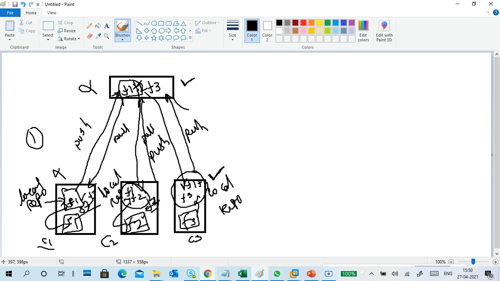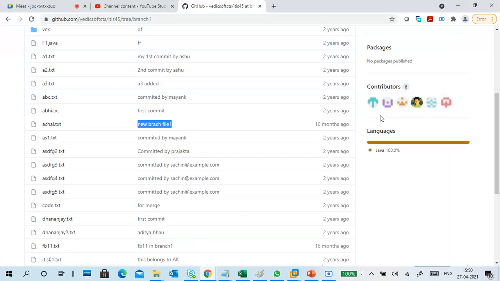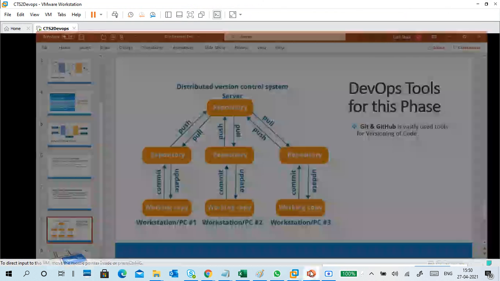If central is damaged or my local PC is damaged, no problem. Others are there, and they have the files. Like this, this is a distributed version control system. We are using Git and Subversion, both are distributed type only.